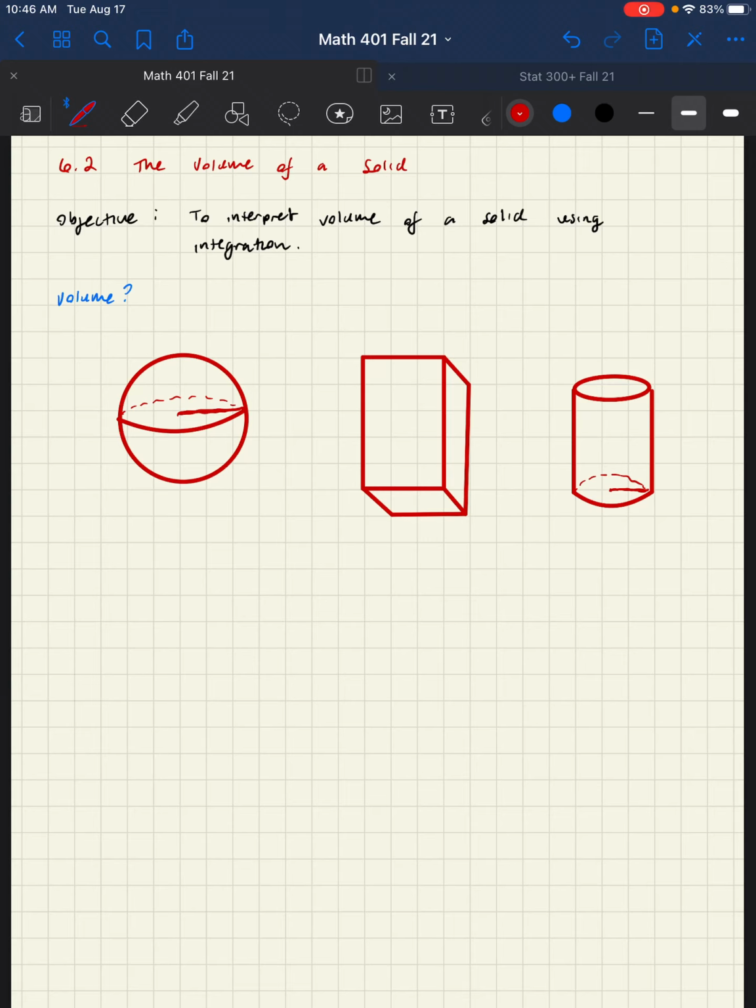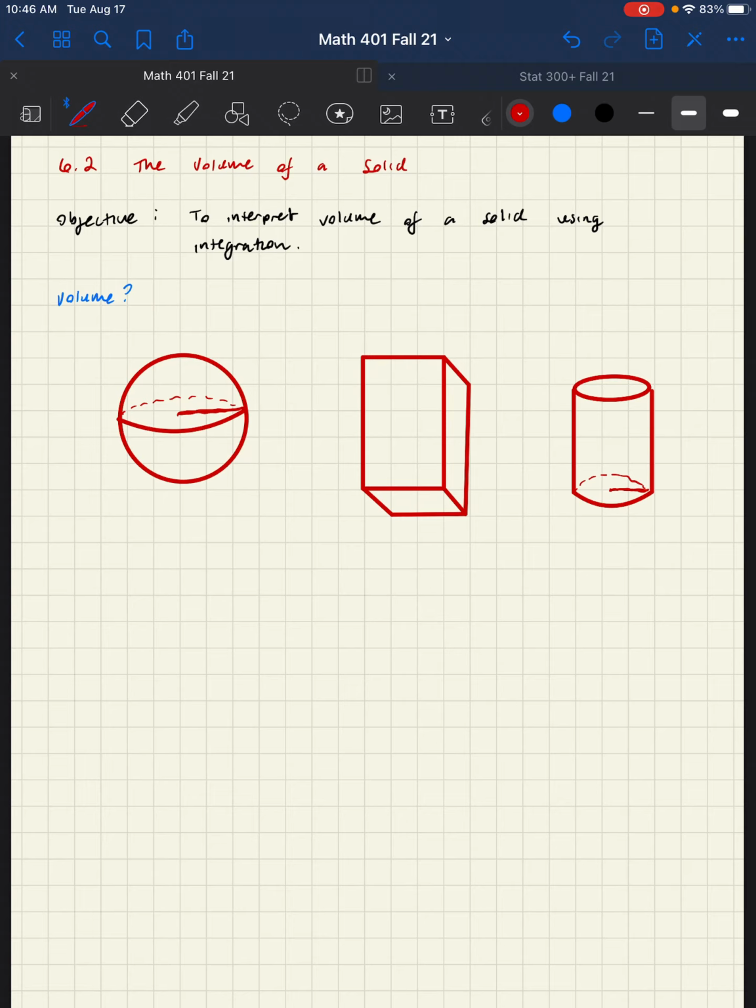Okay, in this video, we're going to begin 6.2 by talking about the volume of a solid. Our objective in this video is to interpret the volume of a solid using integration. You may be asking yourself, volume? So let's go back